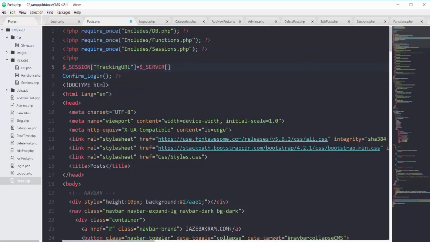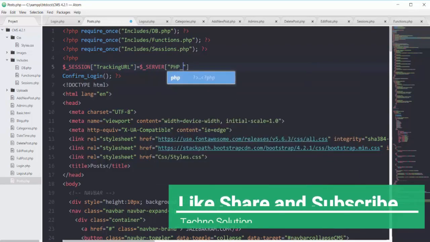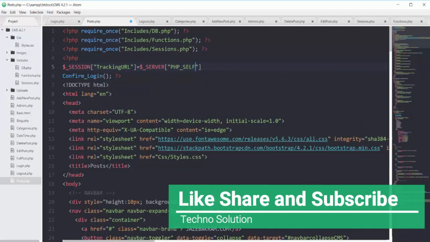In this page of posts.php, it would be posts.php. We can get the name of this page by using server PHP_SELF. So out of the server super global, I am selecting the PHP_SELF that will take this posts.php here.